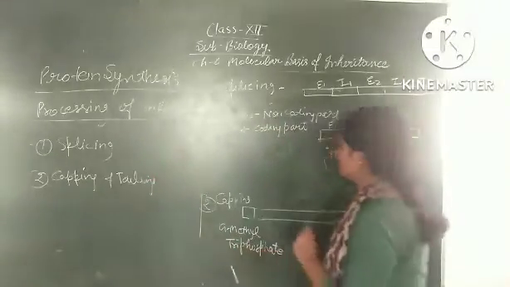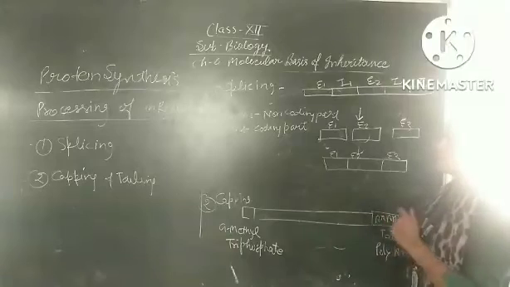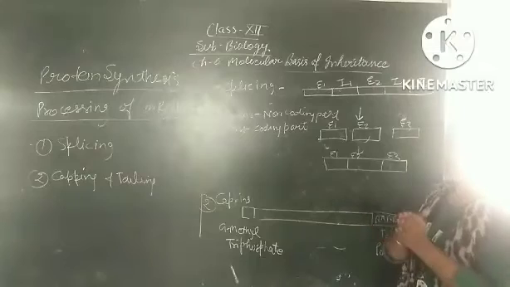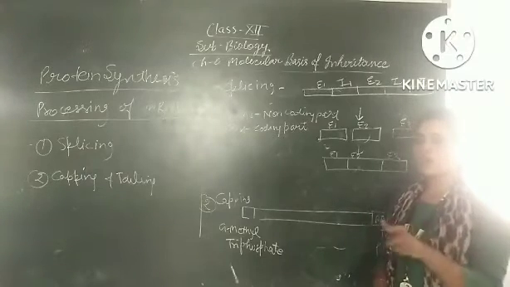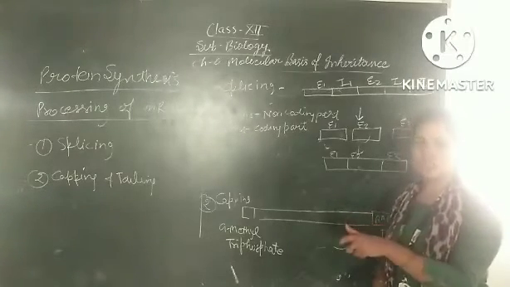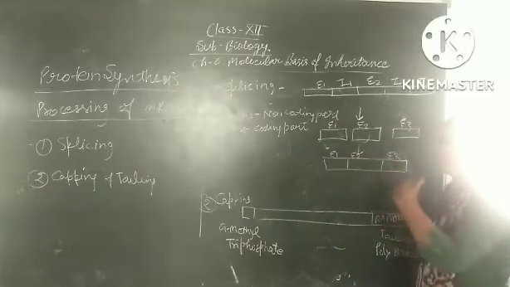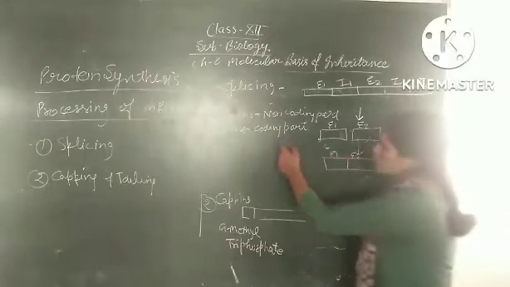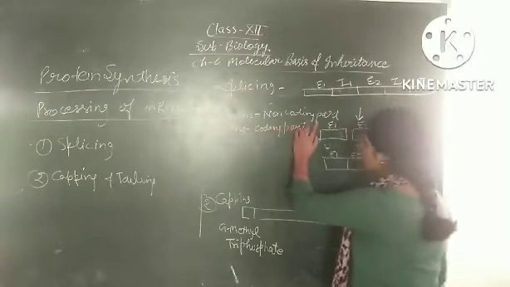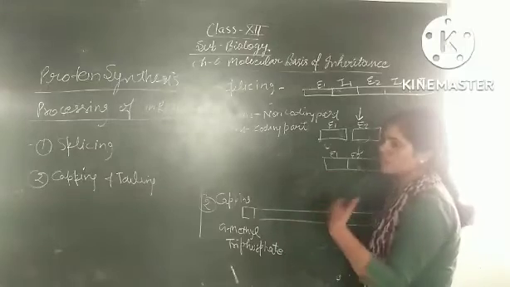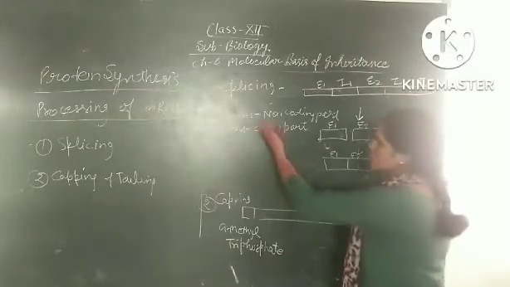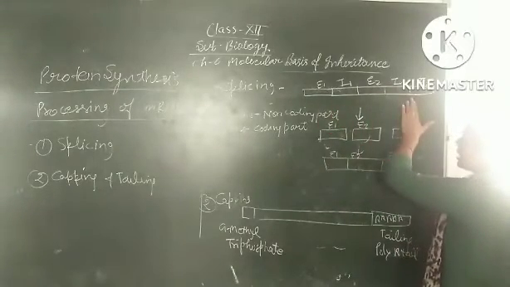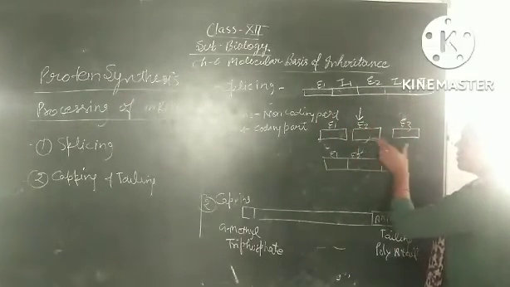In splicing, after the transcription from DNA to RNA, the RNA copies all the information from the DNA. DNA itself has some non-coding sequence as well as coding sequence. So for removing that non-coding part, we need to splice the RNA. The coding part is known as exons. The non-coding part, which is not used for the process of protein synthesis, is known as introns. With the help of nuclease enzymes, we cut this RNA into fragments.